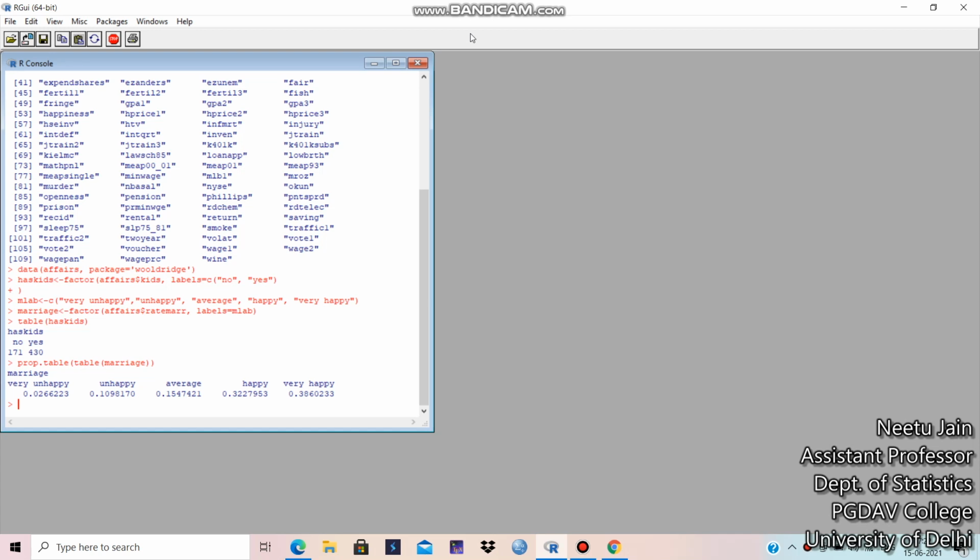Then we can make the contingency table. For that the command is counts_tab equal to table, between the variables marriage and haskids.